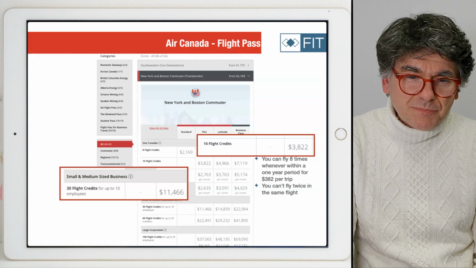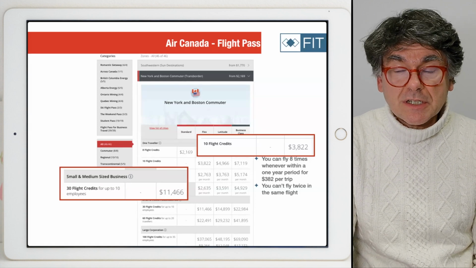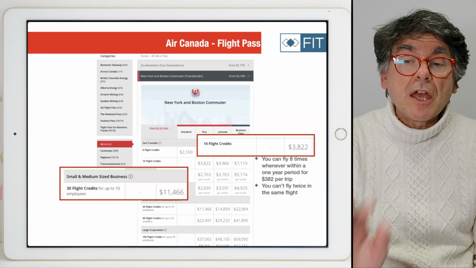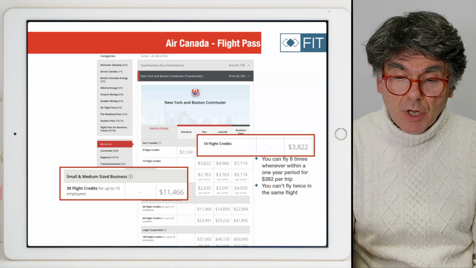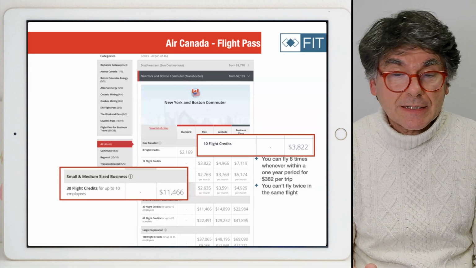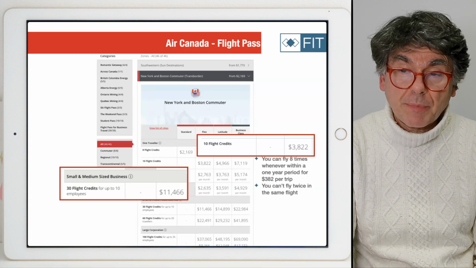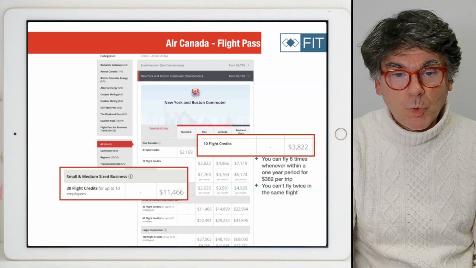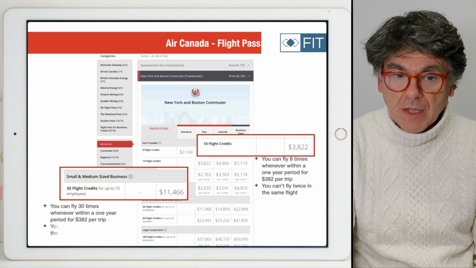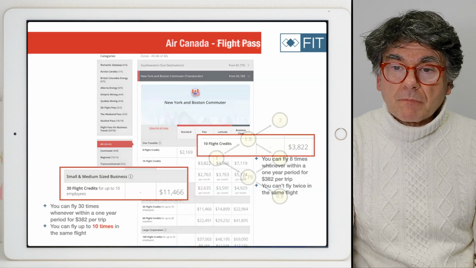This small and mid-sized business perspective should be more expensive, just from a pricing perspective, okay? We're not getting into business issues, why Air Canada does this, or how profitable these flight prices are. Remember, we're still in the position where no one makes money. We work for free, okay? All right, so